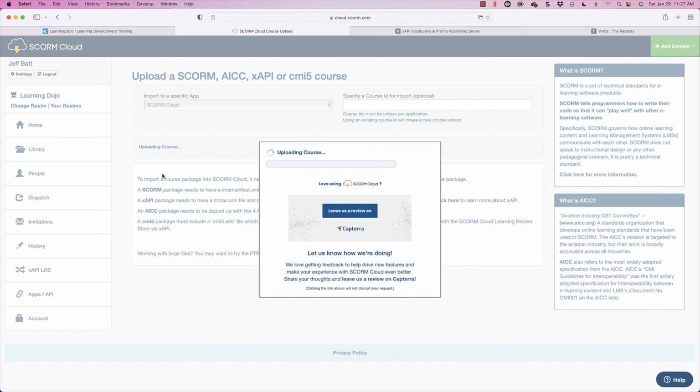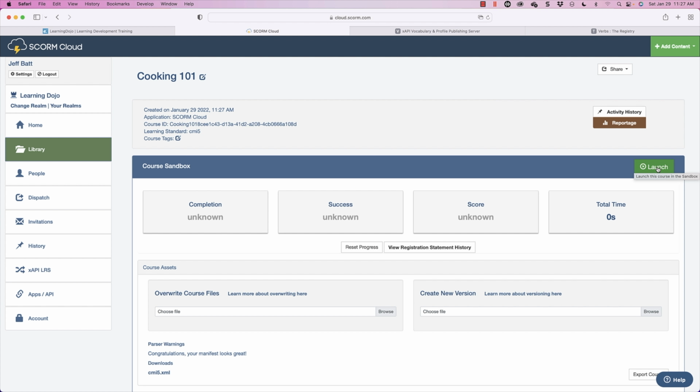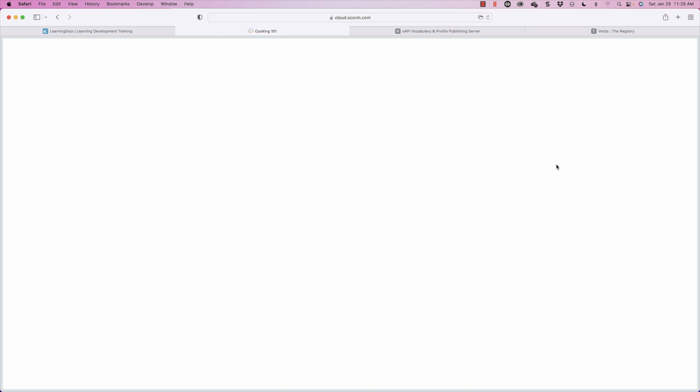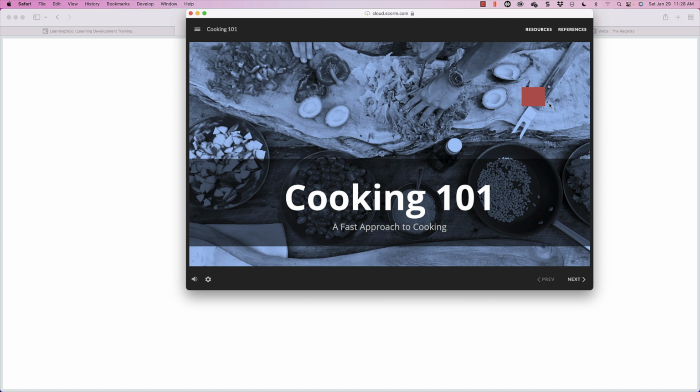Now if I click on Import, again, depending on the size of your course, this may take a little while, but as soon as it's done importing, I can go ahead and test this out. All right, so it's done importing, so let's go ahead and test this out here. I'm going to click on Launch. It's going to launch the course for me, and now it's going to have that red square. We added the trigger, so as soon as the learner clicks on the red square, it's going to send over